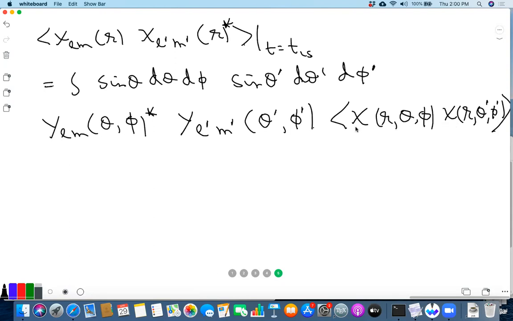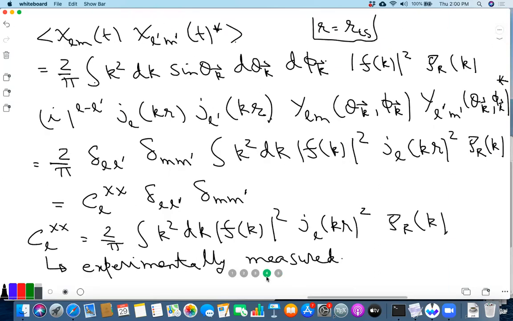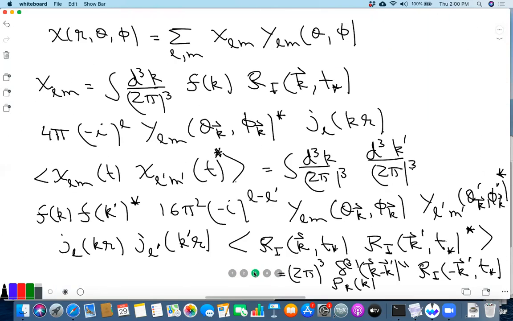We just calculate, say, delta T over T at one point at angle theta phi, delta T over T at the angle theta' phi', take the product, and then average. I'll explain what the average is of what. And then you just integrate over theta phi, theta' phi' using this. So this gives you chi_LM and chi_L'M' star, because that's just the inversion of this formula where we defined chi_LM. Multiply by Y_LM star and then integrate over theta and phi.